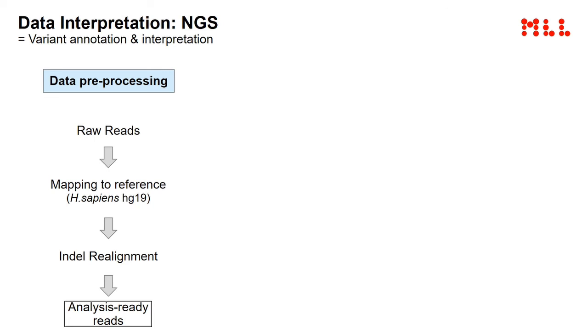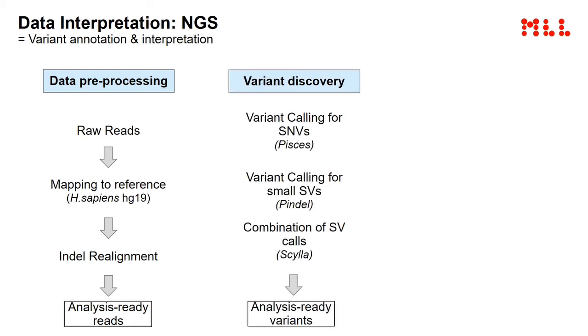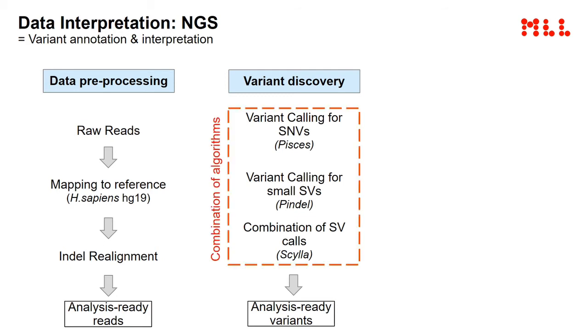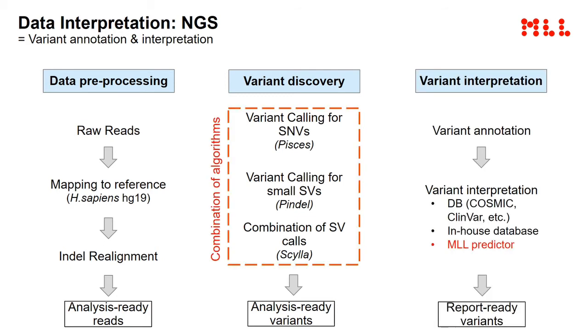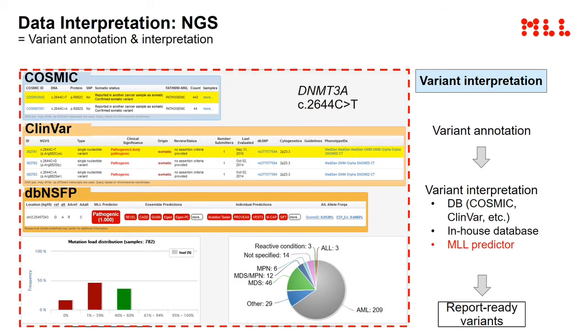And this all leads to the workflow for data interpretation with data pre-processing as a first step, variant discovery, including several callers as a second step, and especially the variant interpretation with the use of worldwide available data sources such as COSMIC, ClinVar, and others, our huge in-house database over the last 12 years of NGS experience, and especially the MLL predictor, leading to a final screen that looks like that,